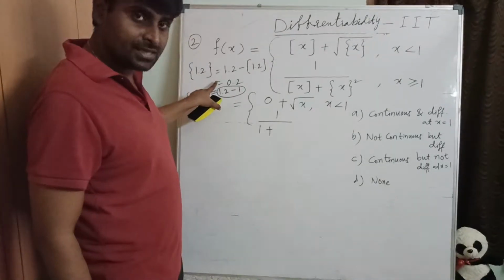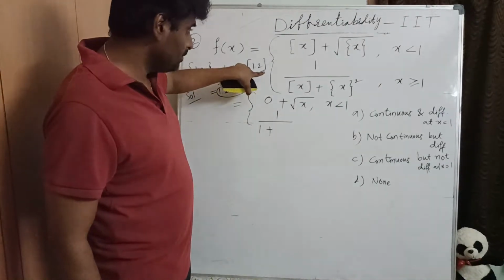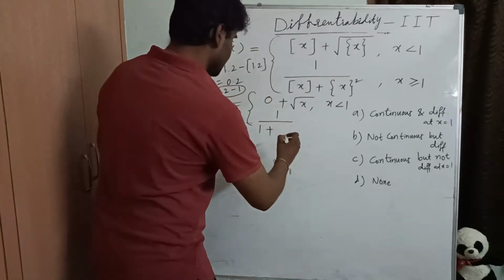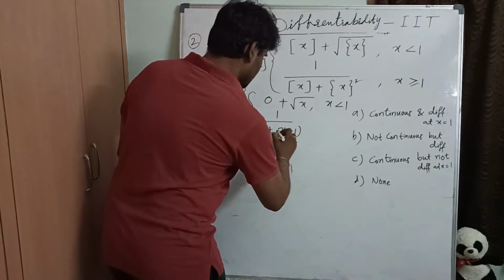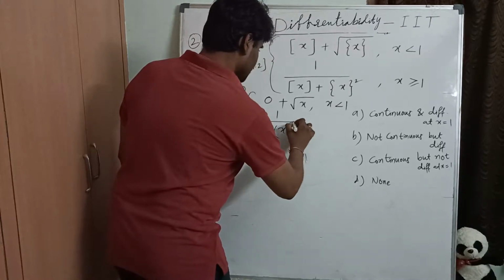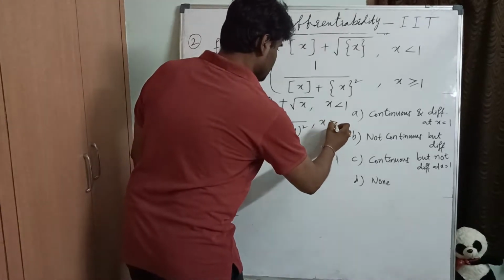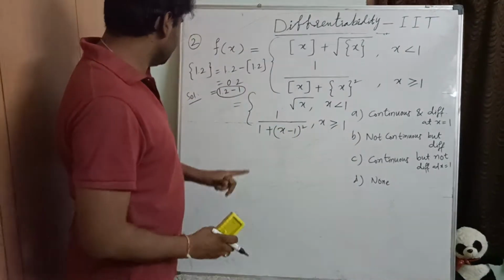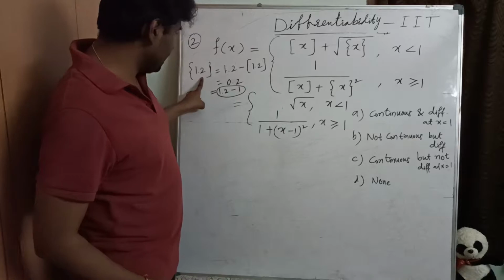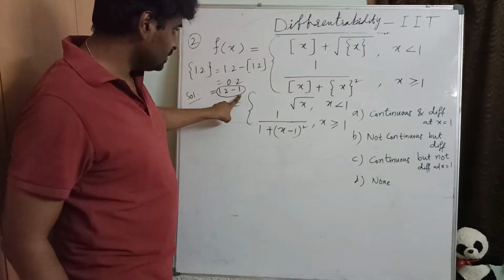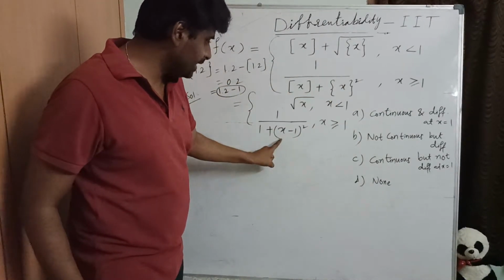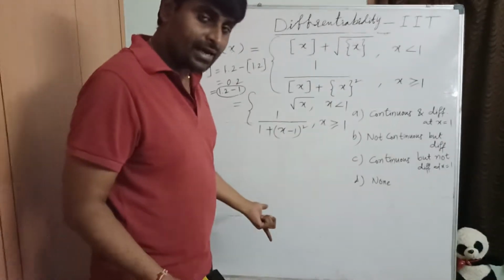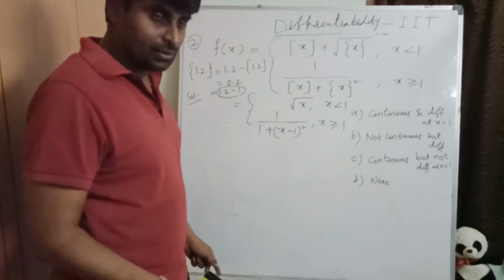Here 1 point something minus 1, so what is the inside function? X, x minus 1, x minus 1 whole square, correct? So here x greater than or equals to 1. So like that we can redefine the function. Clear? So here whatever we have, that value minus 1 whole square, as it is I wrote. So now it is very easy to check for continuity and differentiability also.